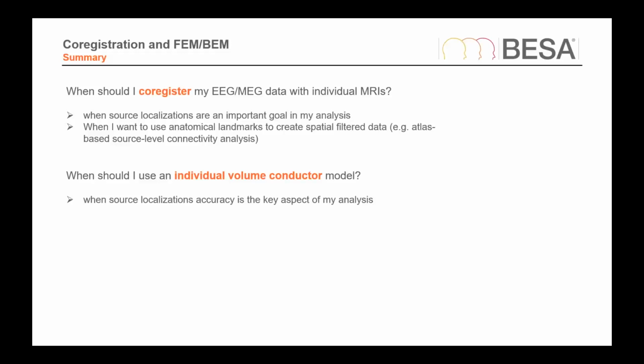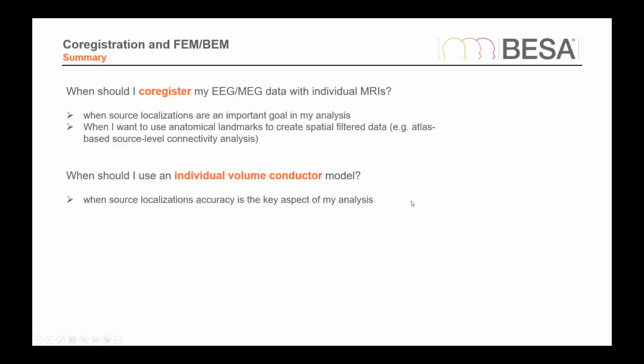And also it makes sense when I want to use anatomical landmarks to create spatial filtered data. For example, if I have a group study and I want to calculate source level connectivity based on atlas locations, then it makes sense to use a co-registration so that the atlas locations can be mapped to the individual brain coins. And individual volume conductor model should always be used when source localization accuracy is a key aspect of my